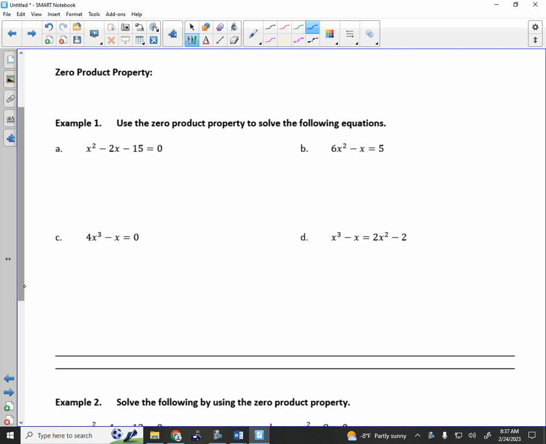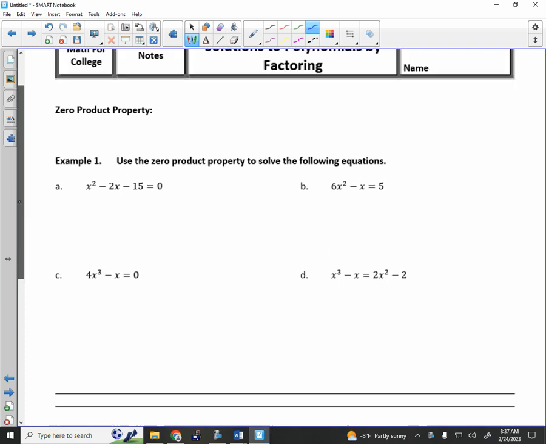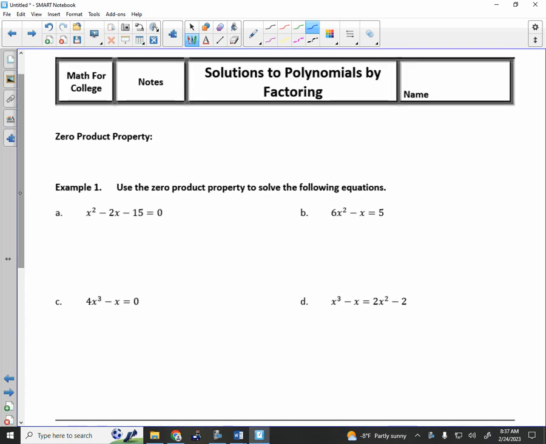The fact is that when you recognize that x is not to the first power, but rather to a higher degree, like 2 or 3 or 4, you have to change your techniques for how you're going to solve it. And what we like to employ is the zero product property. The zero product property says this. It says if A times B is equal to 0,